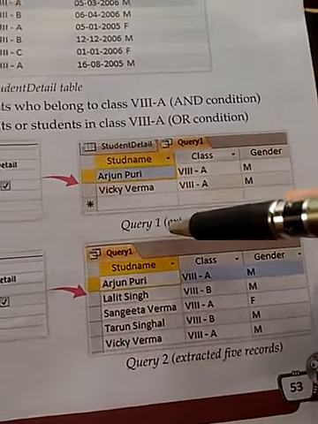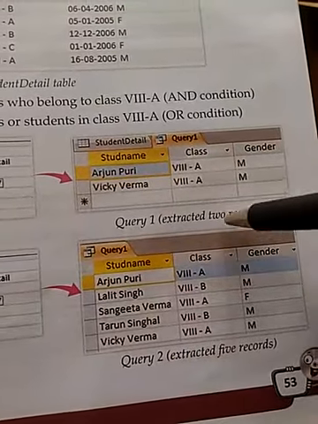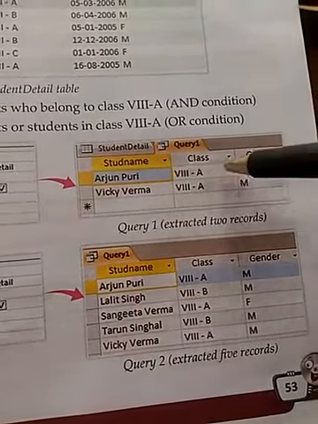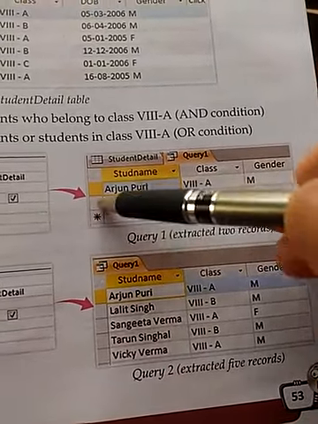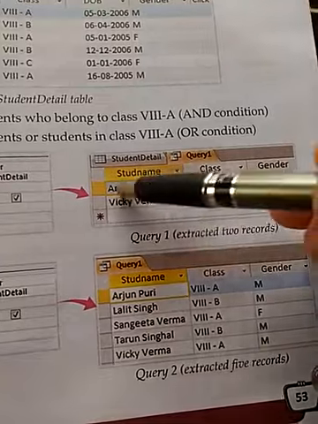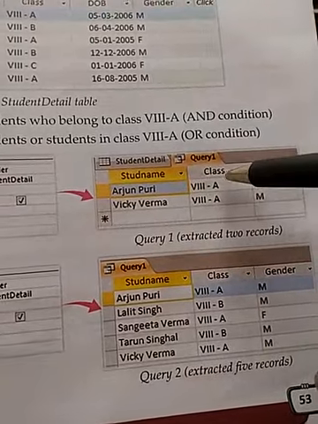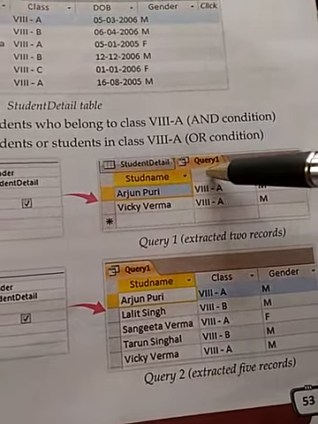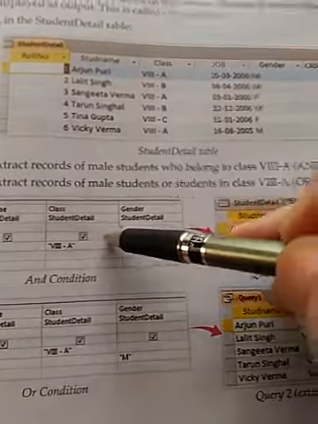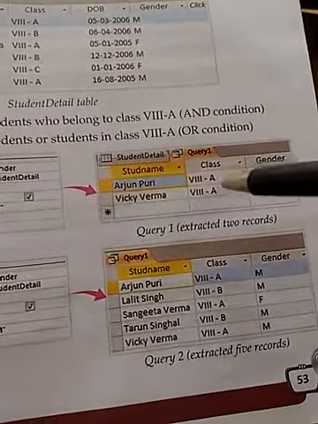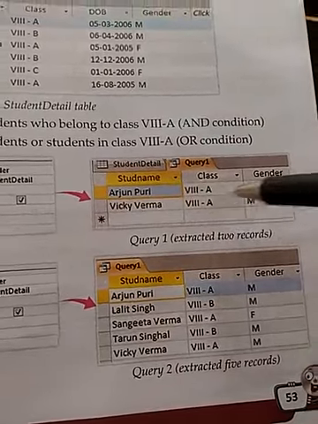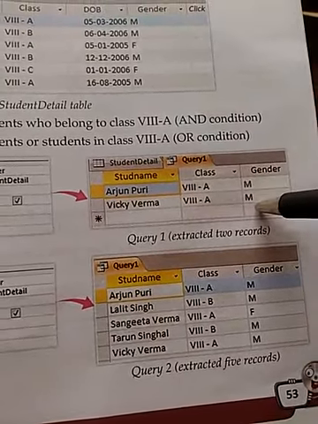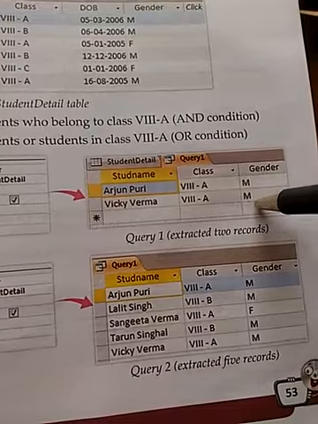After the execution of the query you get this result: 8th A male, 8th A male. So you are getting the result of only those students who satisfy the criteria which we have specified. It means you are getting the result of those students who are in class 8th A and whose gender is male. In this way.